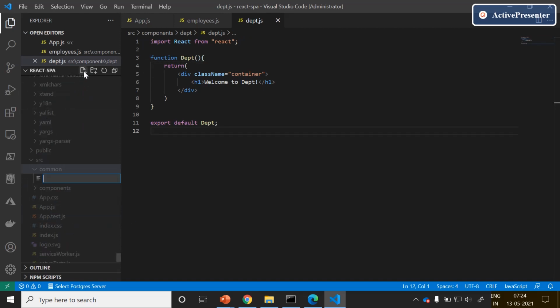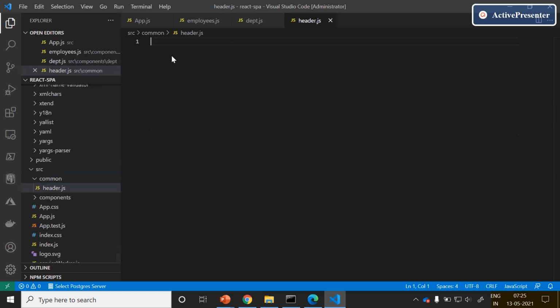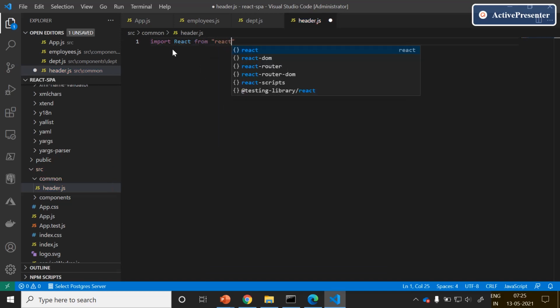The common component will create one header component which contains the navigation information. That is nothing but router information. First import the React from the React library.